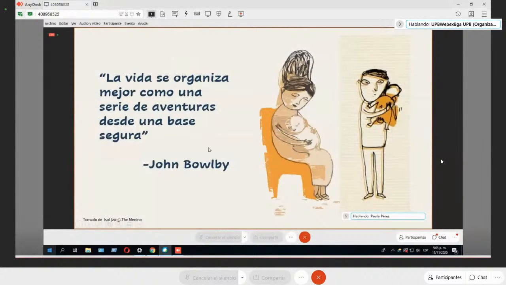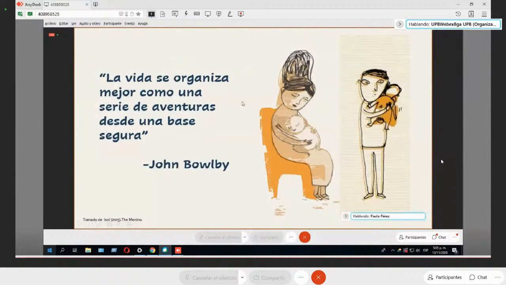So to conclude, I want to comment on what John Bowlby says. Life is organized better as a series of adventures from a safe foundation. What is the safe foundation? Is the bond between the mother and the father, or you see the father and the mother with the little baby here. So this bond